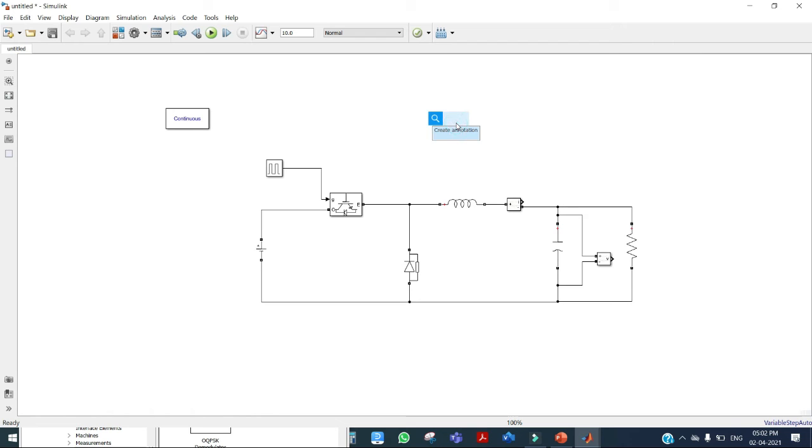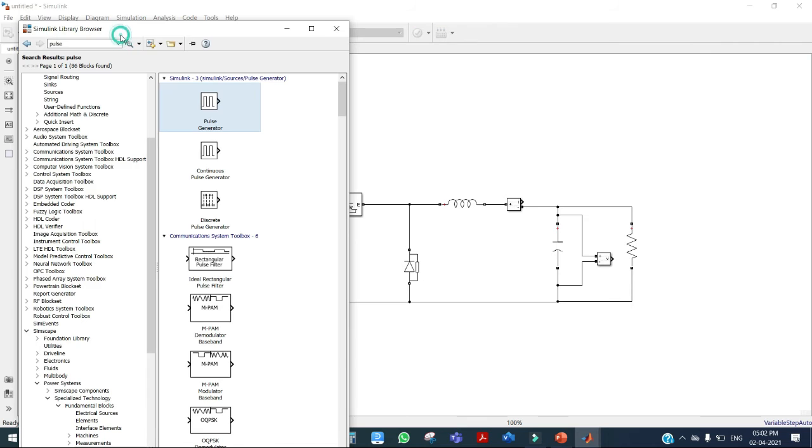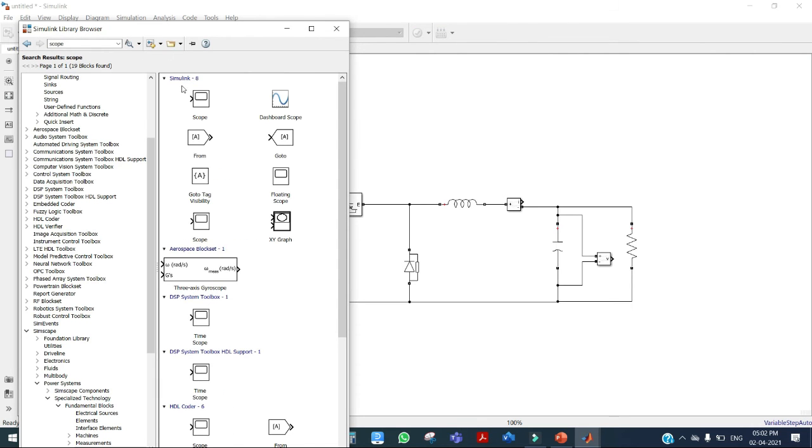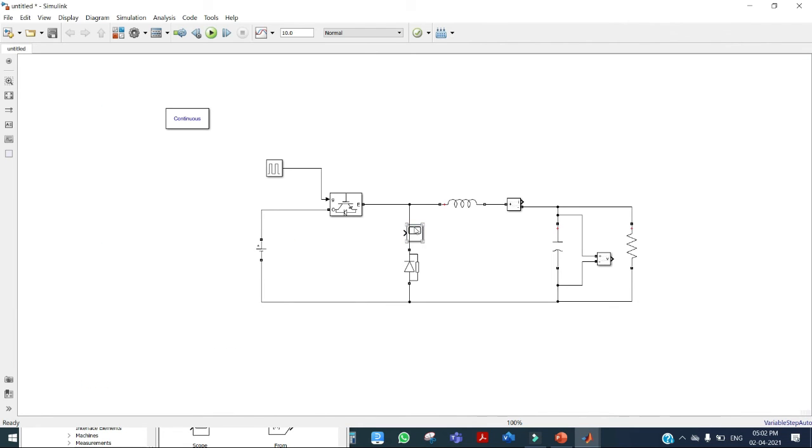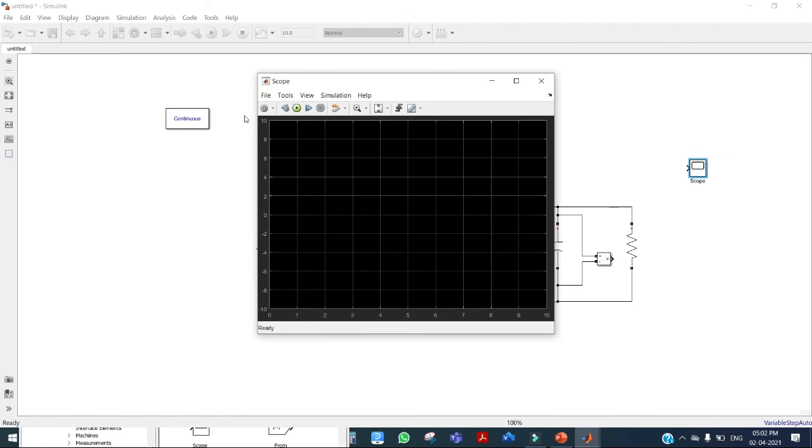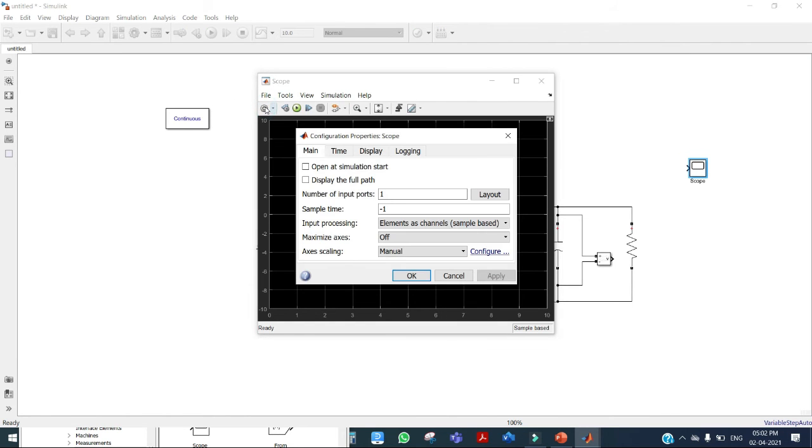For that we need a scope. Just type scope. So add a scope from the library and click on the scope, and you can enter the number of displays you want.